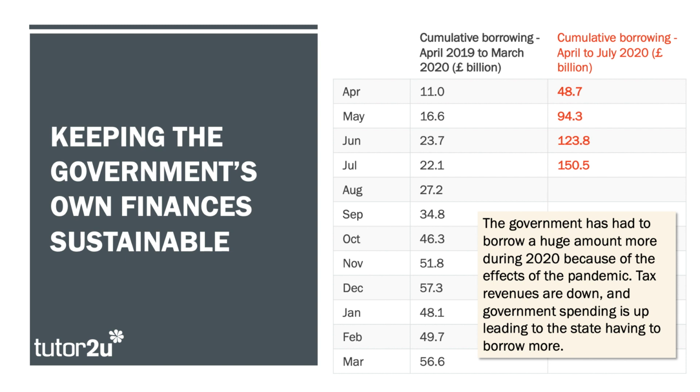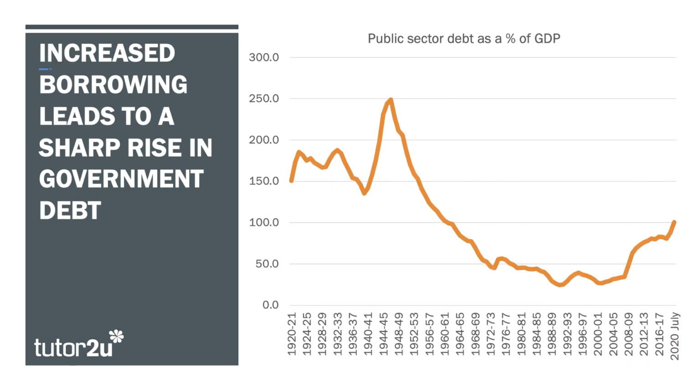2 reasons. One is the government is spending more. For example, the furlough scheme and other policies, including hospitality incentives. But crucially, because the economy's got smaller by 20%, there's been a big fall in tax revenues. So the government is spending more, but taking in less in tax. The result, it has to borrow more, and as a result of the borrowing, it is having to increase its